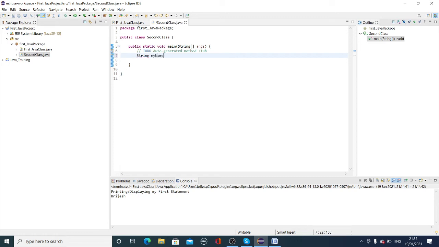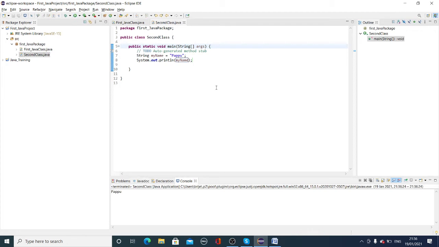My name. And what is the value? Oppo. And I want to print it. So I put sysout and I put my name. So it will print my name. Yes, Oppo has been printed.